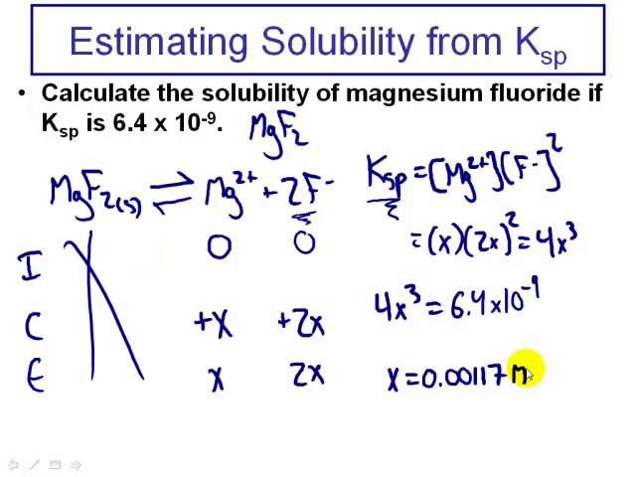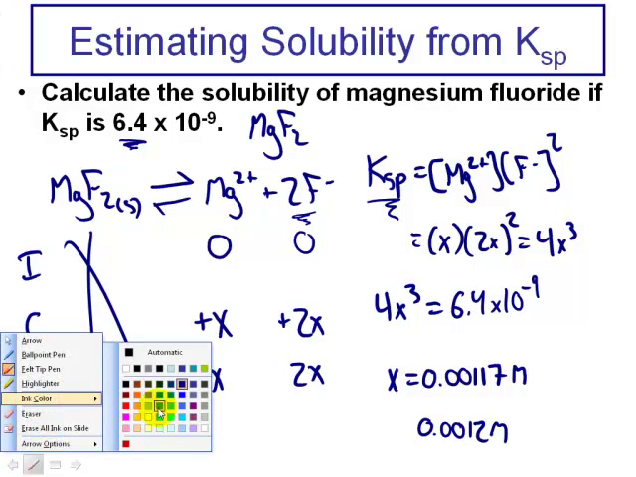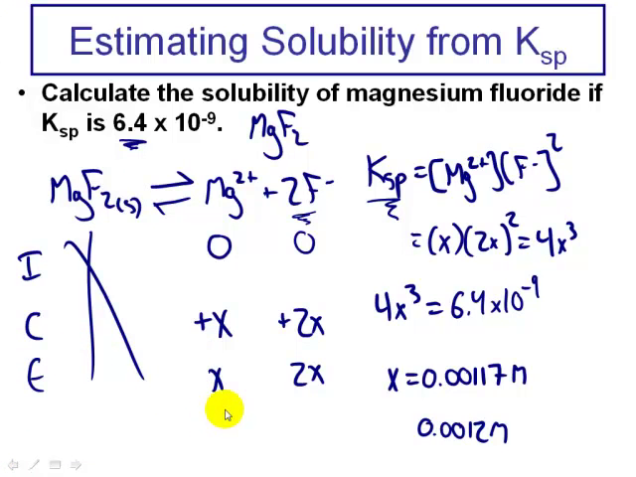Okay, so there is the molarity, or actually, let's round this to the correct number of significant figures here, because if you look at our equilibrium constant, it's only got 2. So X is going to be 0.0012 molar. I'm going to change pen color here. Once equilibrium has been established, the molarity of magnesium ions is going to be 0.0012 molar,